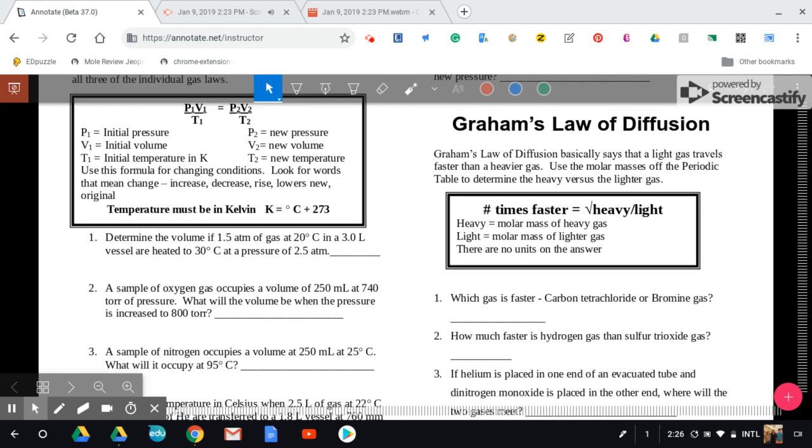If you look at this first one, it says determine the volume of a 1.5 atmosphere gas at 20 degrees Celsius and 30-liter vessel is heated from 30 degrees Celsius at a pressure of 2.5. Here's the key. Anytime you're dealing with a gas law, you have got to be in Kelvin. So the first thing you have to do is convert your temperatures to Kelvin, okay? So the 20 plus 273